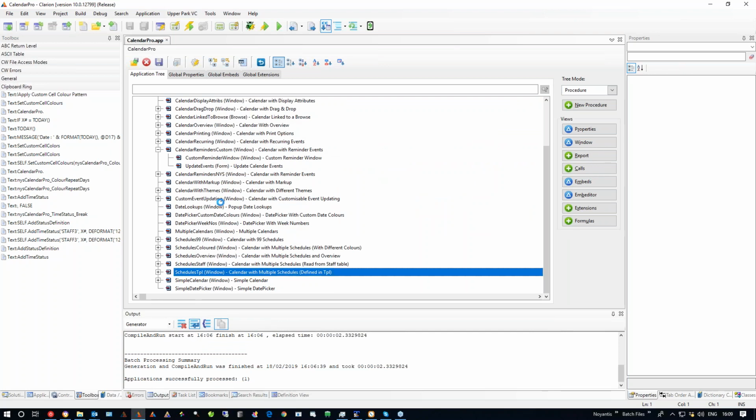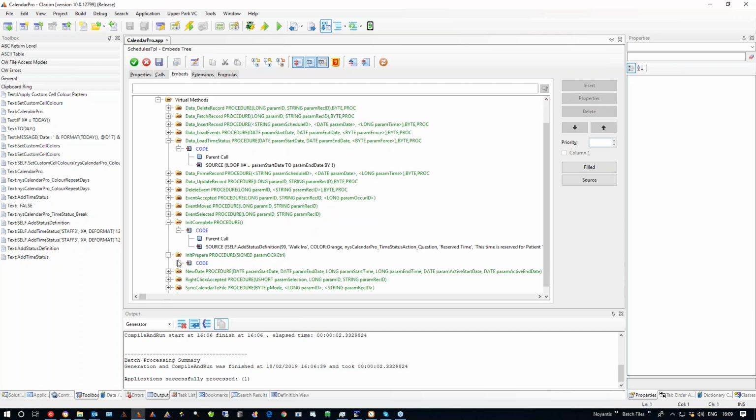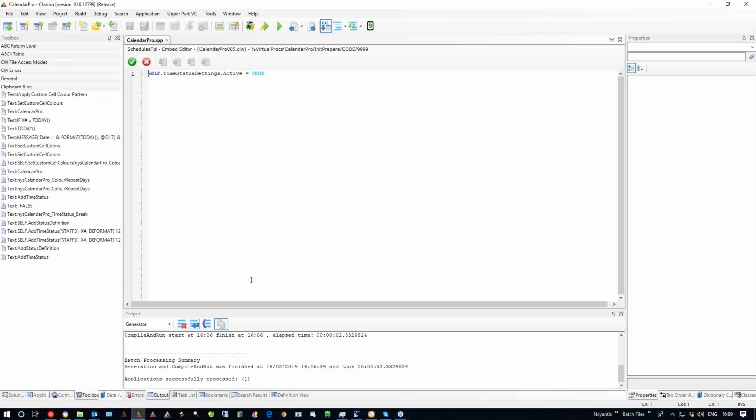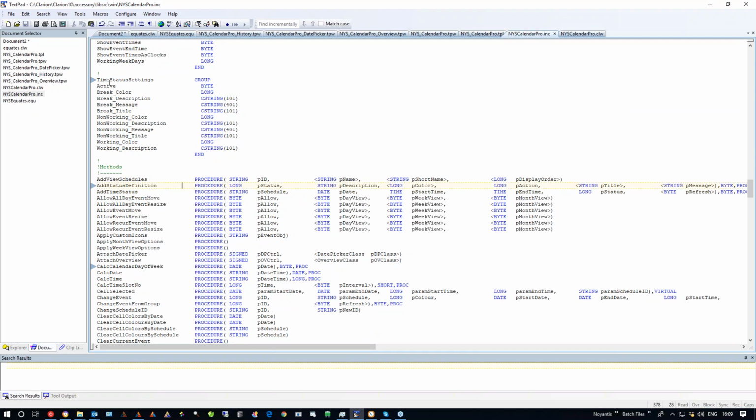So if we go into ours now, and I'm just going to go to, basically, there's one called init prepare, and there's template settings for this, but I've just basically said here, we've got our new time status. So we've got a group called time status settings. And in that group, if I just bring it in its rough form, so to speak, we can see it's